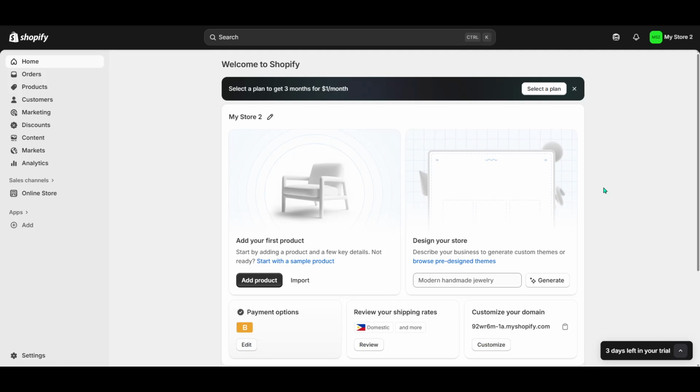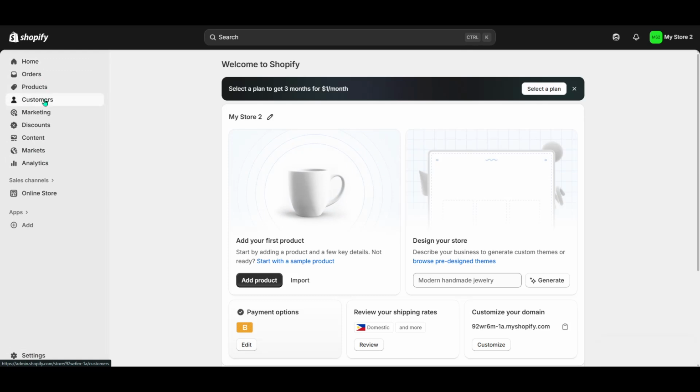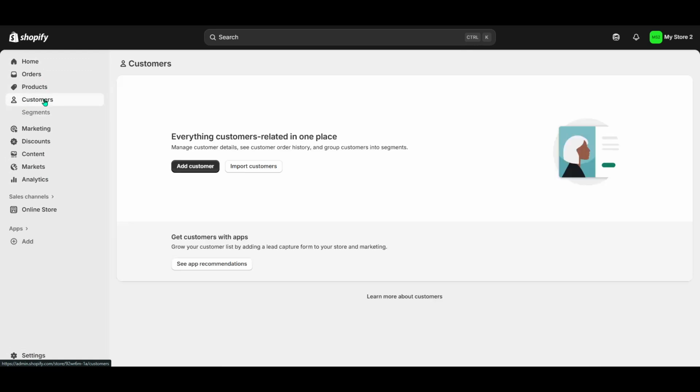First, we're going to navigate to the main dashboard of your Shopify account, where you manage all aspects of your online store. You'll notice a menu on the left-hand side. Here, you're going to click on Customers. This will take you to the area where all your customer data lives. The Customers section is your hub for accessing information about your buyers and organizing it in a way that augments